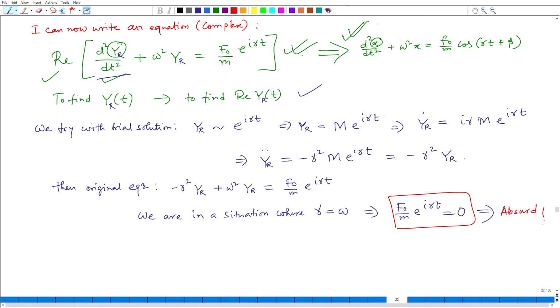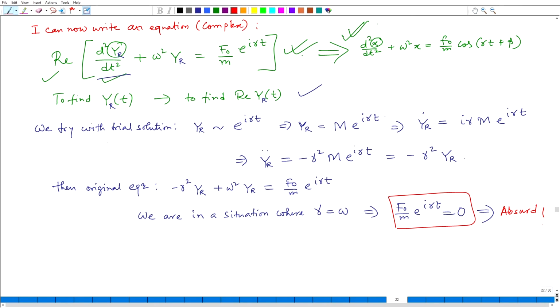Because the forcing is the thing which is existing, and we are trying to find the distinction between a forced system and an unforced system. Okay. So, this is absurd. That means this trial solution will not work. From the theory of differential equations, if in a linear ODE you have a failed solution of this type, then the next possible one is,